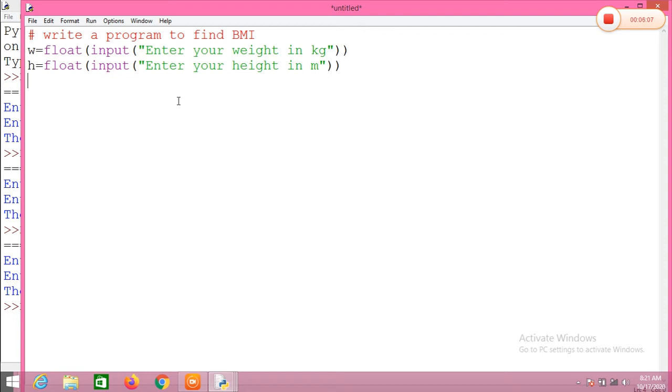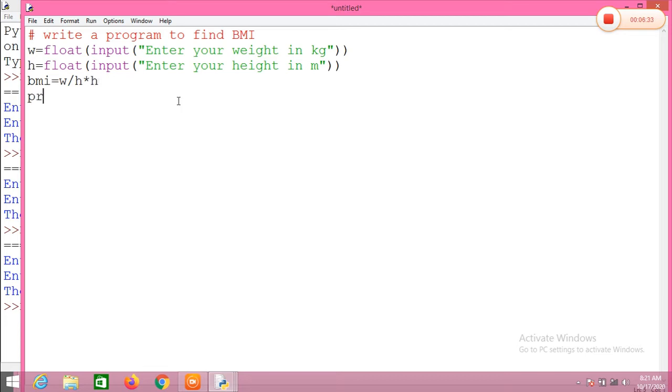So we need to calculate the BMI. You know, BMI means the formula itself: weight in kg divided by height into height, or else height square. Height square means simply we need to write it like this. No sir, I want height into height, then like this is enough.